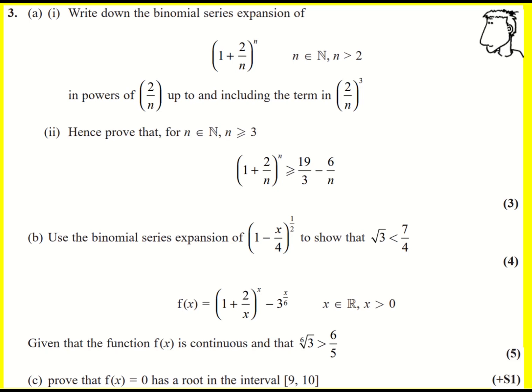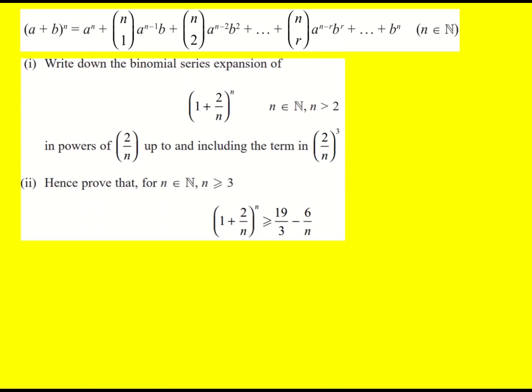We've got a binomial expansion to do. So here's the formula for binomial expansion. Remember, n is a natural number here greater than 2. So I'm going to replace a by 1 and b by 2 over n, and then n remains as it is. So 1 plus 2 over n to the n is going to equal